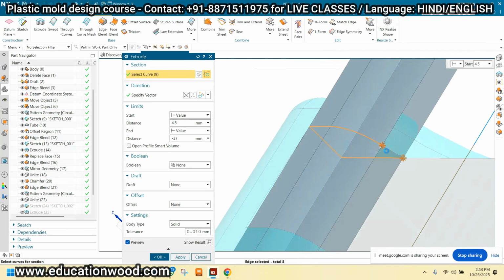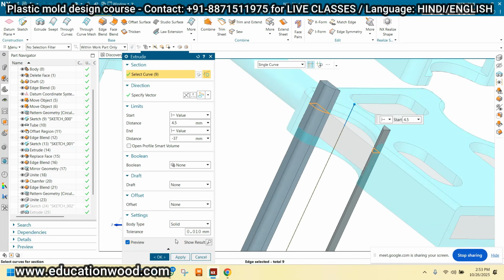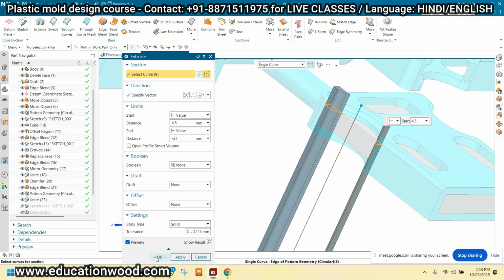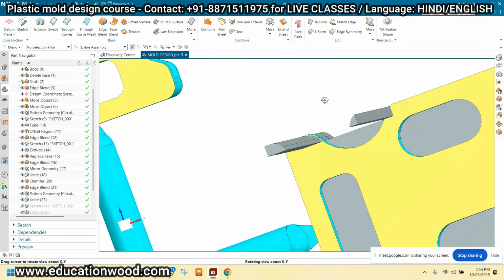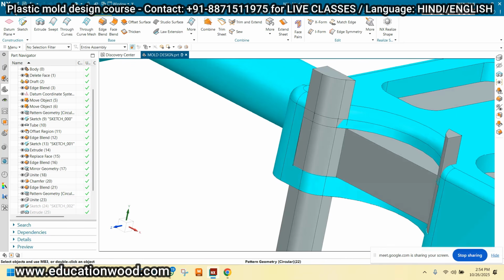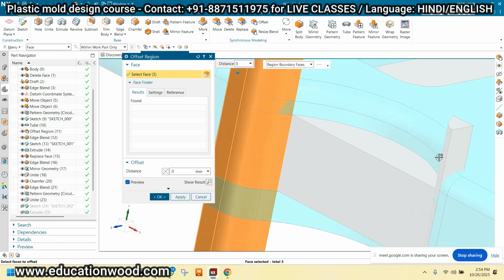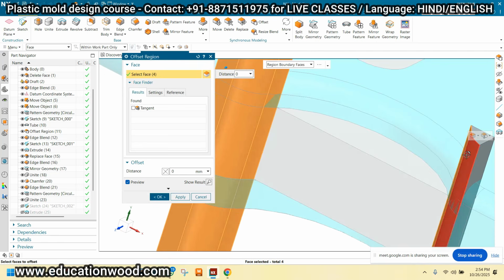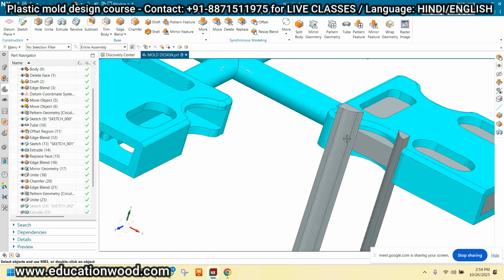In order to make the core and cavity for this component, I'm just trying to, okay, and just none and just click OK. Offset, offset, one and just click OK.